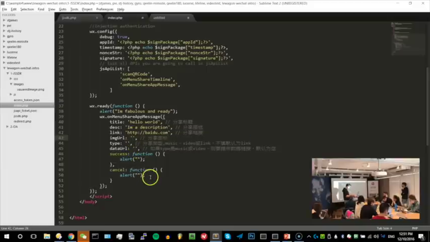The image needs to be in a specific format, squared, to appear well, otherwise it's gonna appear weirdly. And type, data URL, I don't know.